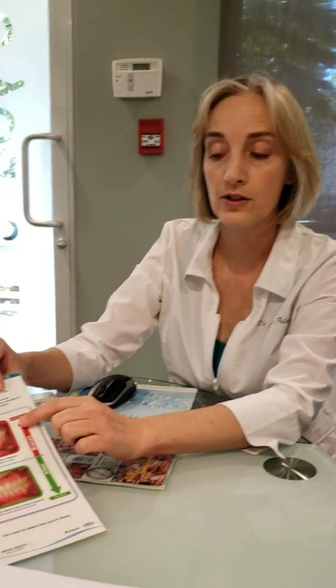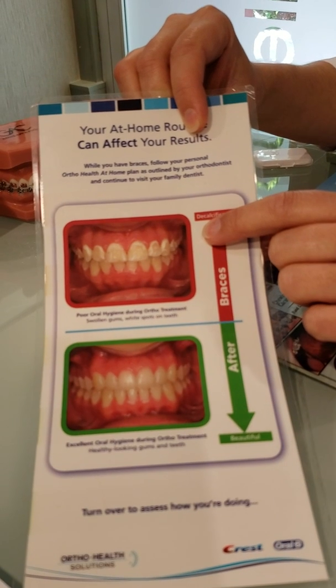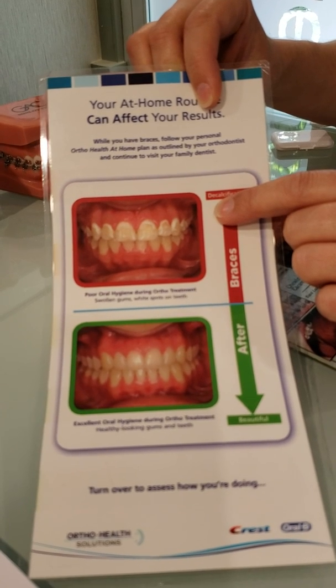So the first one on my list is the biggest risk for most people. The biggest risk for most people having orthodontic treatment is risk of cavities and gum infections. And in terms of cavities, we usually show you a picture like this. This picture is showing these white marks on all of the teeth, and those white marks are where the enamel of the teeth has turned chalky white